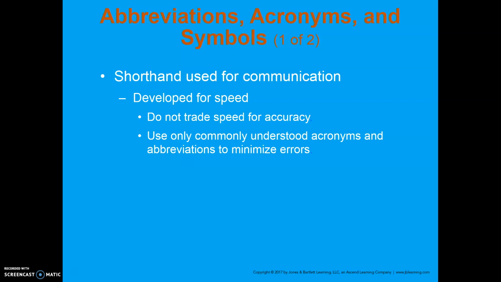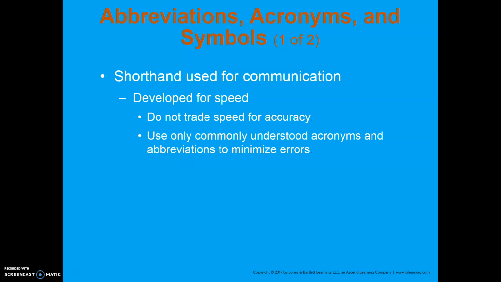When you use an acronym, you are shortening several words, usually using the first letter of each word to make the acronym. Acronyms can be pronounced as their own words. So SAMPLE history is just pronounced like the word sample, rather than reading each of the letters. EMS is pronounced E-M-S. Or a combination of the two, so DCAP-BTLS is an